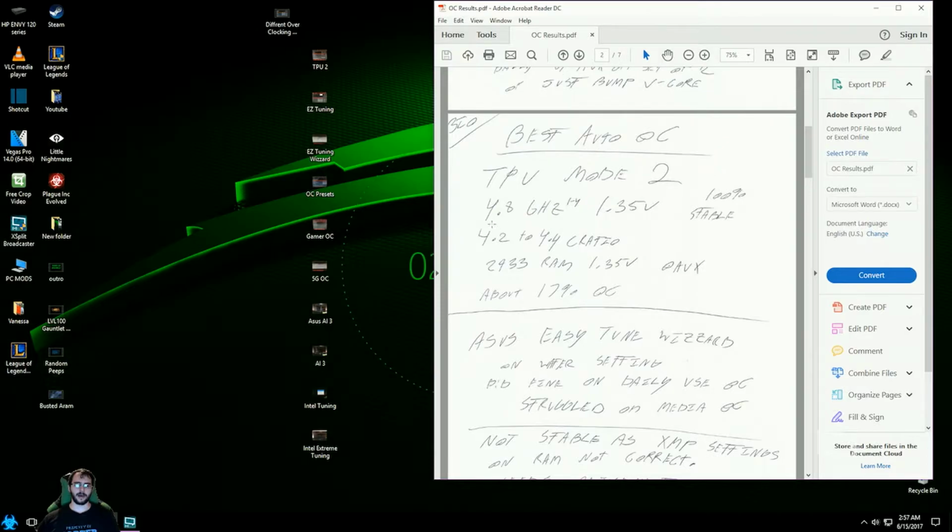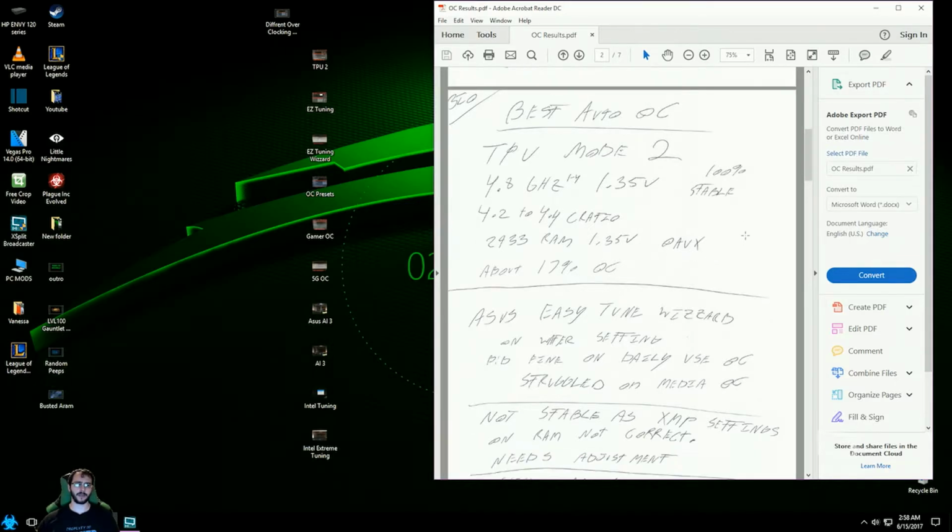So it gave me an auto overclock of 4.8 gigahertz on cores 1 through 4 at 1.35 volts. It's 100% stable, and it gave me a cache ratio between 4.2 and 4.4. One time it gave me a 4.2 and one time it gave me 4.4. I don't know why, but I just thought that was worth mentioning. It also automatically set my RAM to 2933 at 1.35 volts with a 0 AVX, which was great. So this is about a 17% overclock,